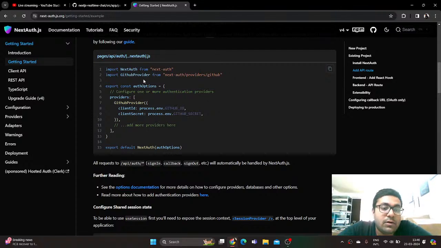So what it is trying to do is that it imported next auth from this. फिर उसके बाद it says कि भैया create an object, inside this object there must be an array known as providers, ठीक है. This providers array must contain the provider from GitHub. So ये वाला thing, this GitHub provider is basically a class which we are